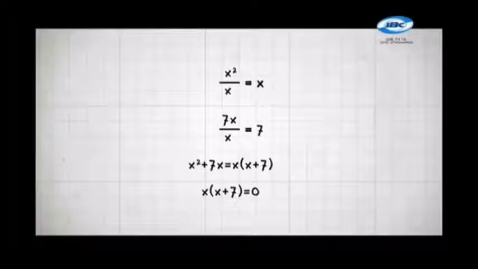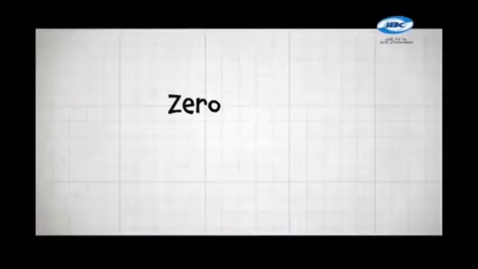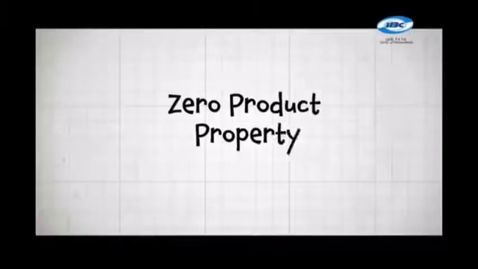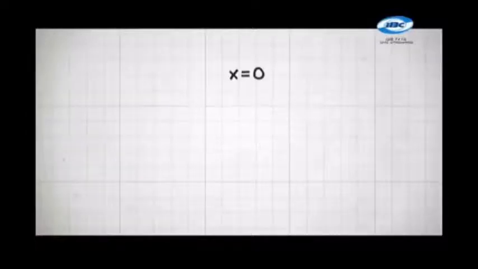The next thing to do is to apply the zero product property, or ZPP. This simply means that we have to equate each factor to 0. Then we solve for x. One of the factors is x, so equating it to 0 just implies that one of the roots of the equation is 0. When the other factor, x plus 7, is equated to 0, solving for x means to